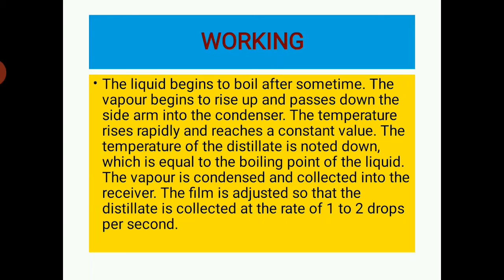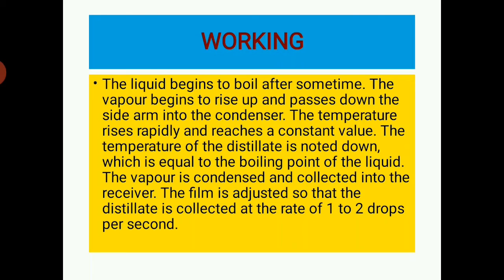Working or procedure of the simple distillation. On the laboratory scale, the liquid to be distilled is filled into the flask to 1/2 to 2/3 of its volume. Bumping is avoided by adding some pieces of porcelain or porous pot before distillation. A thermometer is inserted into the cork and fixed to the flask. The thermometer bulb must be just below the level of the side arm. Water is circulated through the jacket of the condenser as the contents are heated gradually.